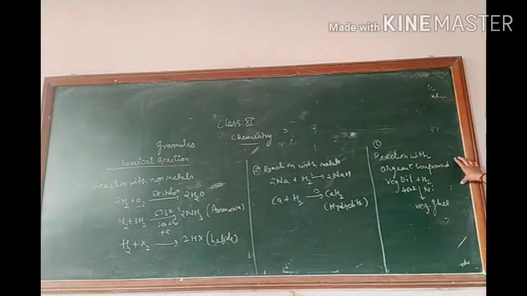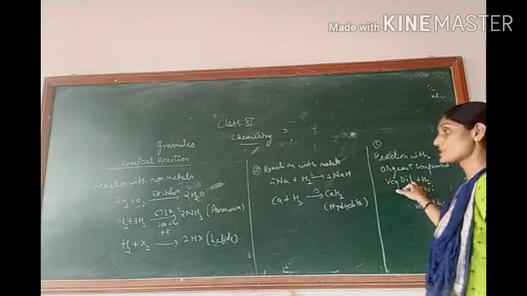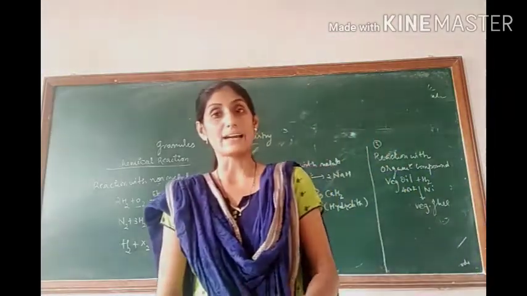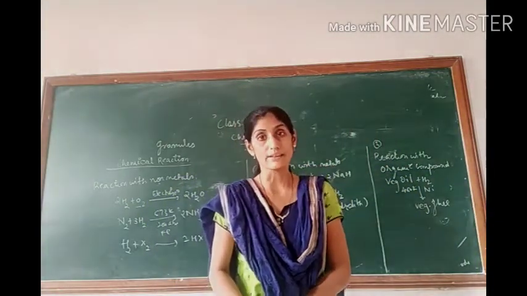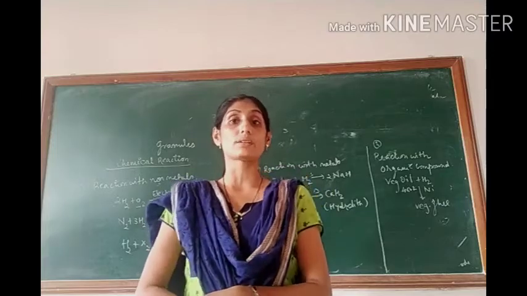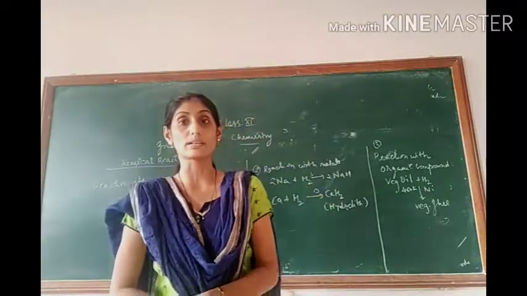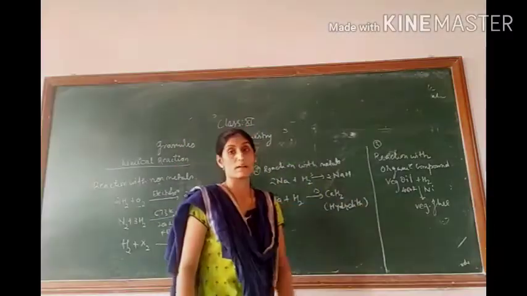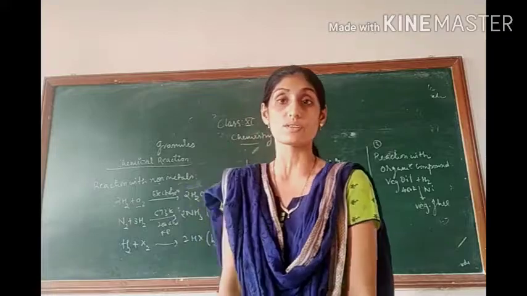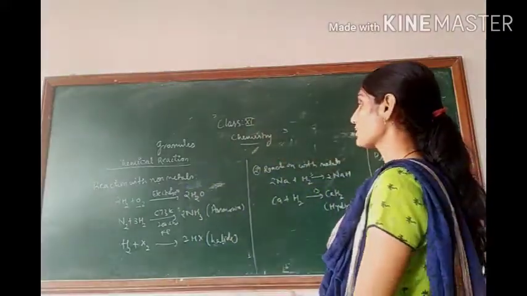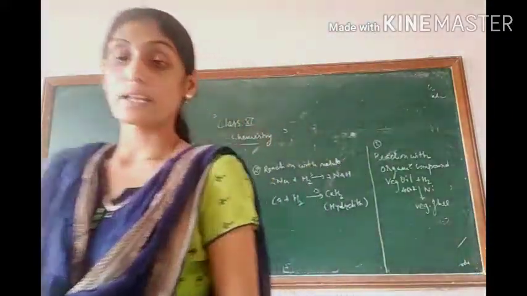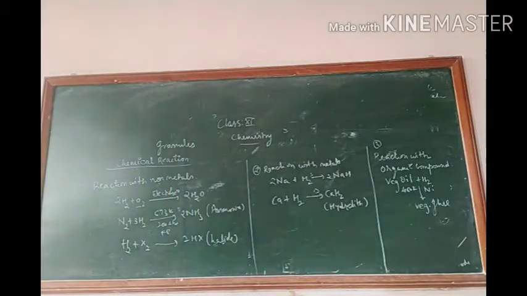Now the reaction of hydrogen with organic compounds. Vegetable oil is nothing but a hydrocarbon containing carbon and hydrogen. So whenever it reacts with hydrogen in the presence of a nickel catalyst, vegetable oil is going to be converted into vegetable ghee. So this is the third chemical property or chemical reactivity of hydrogen. So you can copy the three properties or reactivities of hydrogen. Then we are moving to the uses of hydrogen, and then we will learn about the hydrides. Hydrides are the last topic of this chapter, children.